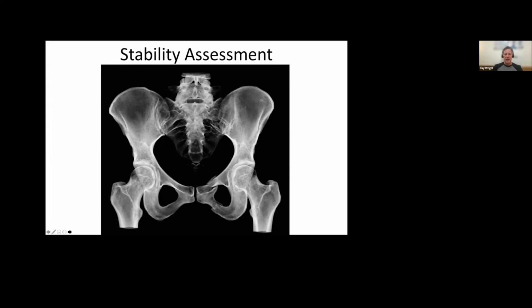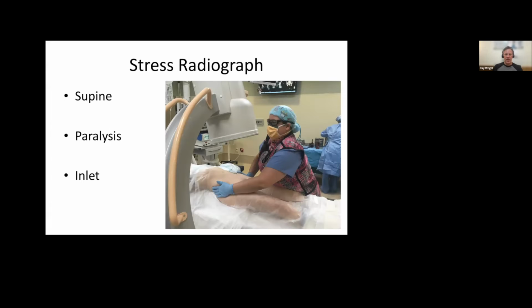And so, like in this patient here who has overall minimal displacement, you can see the anterior pelvic ring injury is pretty clear. And if you scour the X-ray, you can see a sacral fracture through this transforaminal zone somewhat. And these are patients that I'll try to mobilize. But if you want to really chase down disease, sometimes a stress radiograph in these patients can be very useful for demonstrating occult instability.